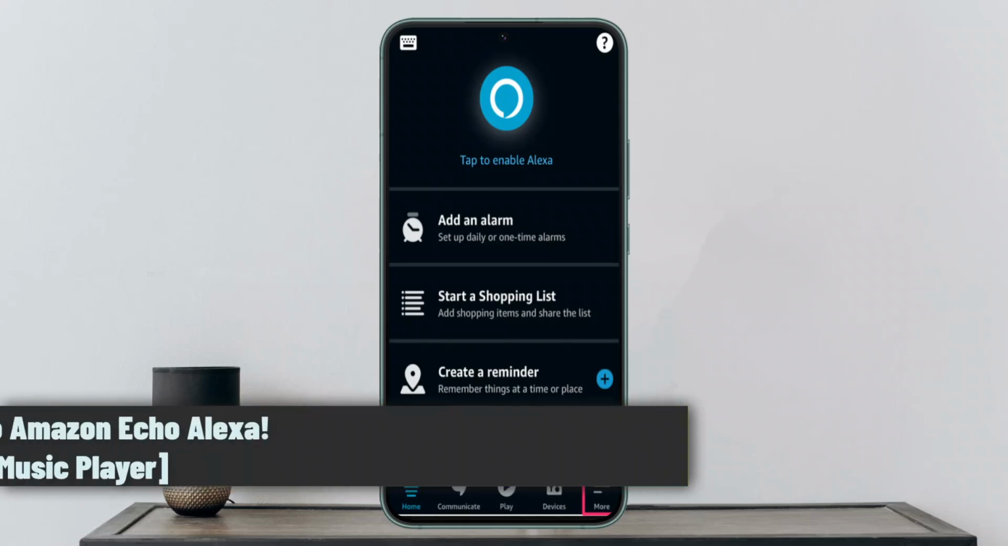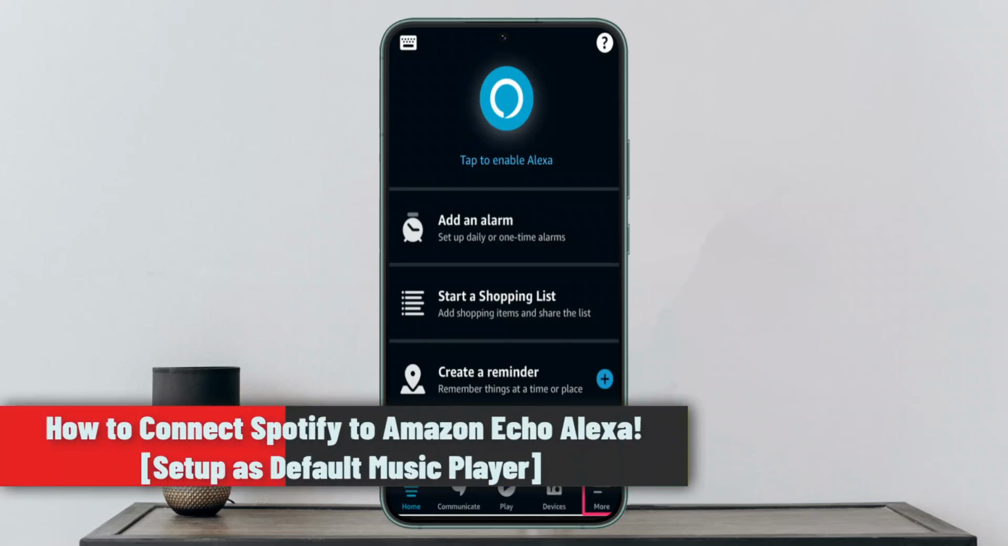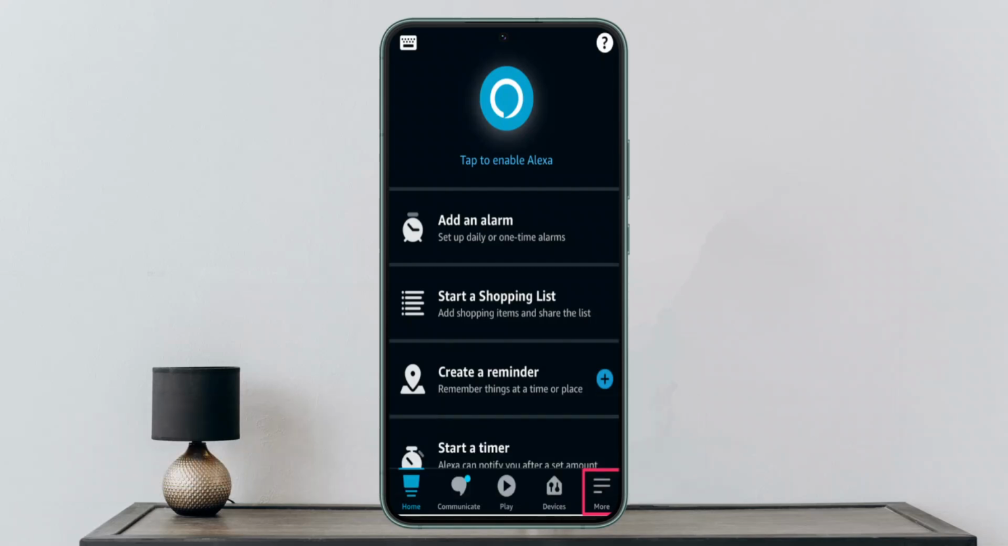Hi everybody, in this guide I'll walk you through the steps on how to connect Spotify to Amazon Echo. To connect Spotify to Amazon Echo Alexa, you could follow these steps. In order to set it up as a default music player, you want to make sure to watch this video